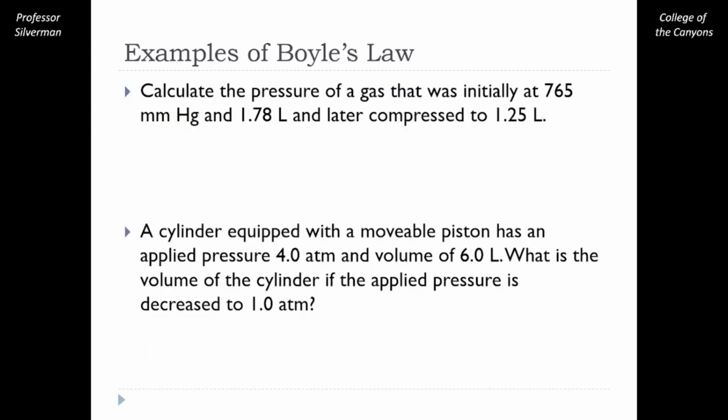We can do an example of a calculation problem we might see. The first one says, calculate the pressure of a gas that was initially at 765 millimeters of mercury and 1.78 liters, but was compressed to 1.25 liters. We can start with the equation here. We're only changing pressure and volume, so we get to use this P1V1 equals P2V2 equation. Then we can fill in the values that we know, our initial pressure and our initial volume,